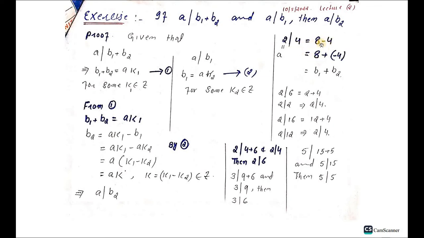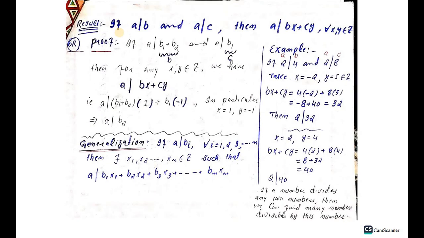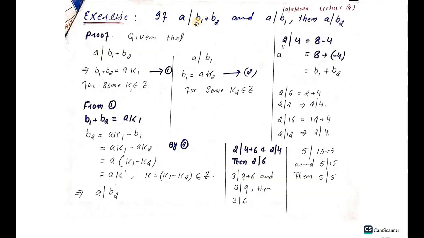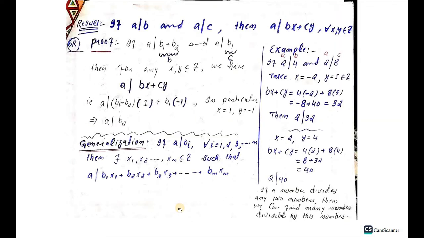तो क्या है, 2 8 को भी divide करता है और 2 -4 को भी divide करता है। जो रिजल्ट अभी हमने पढ़ा, इस रिजल्ट को हमने थ्योरम में प्रूव किया, यहाँ पे हमने इसको रिपीट किया। अब इसको हम एक और तरीके से ट्राई करते हैं। यहाँ पे क्या है, a divides b and a divides c, then